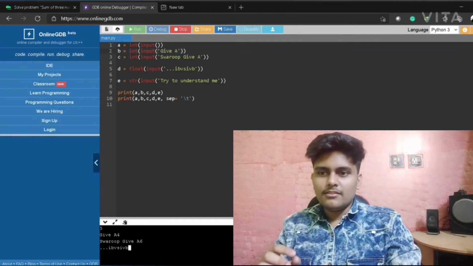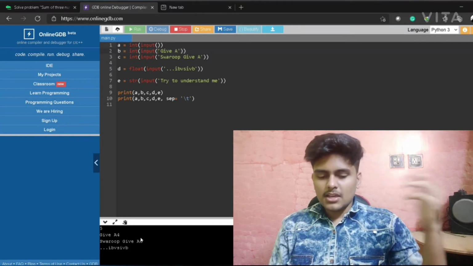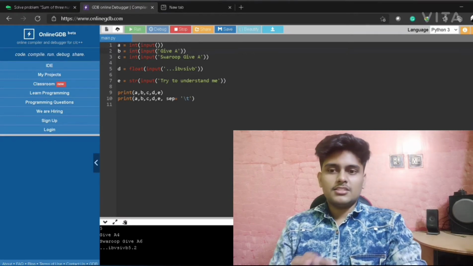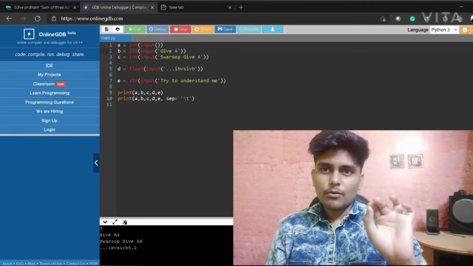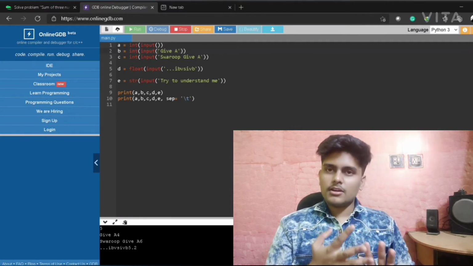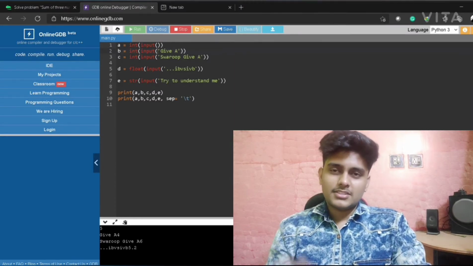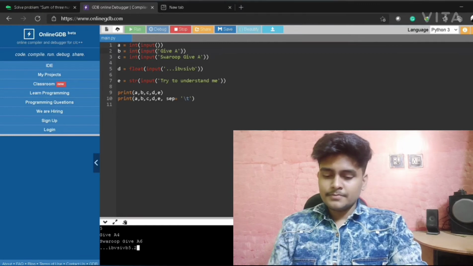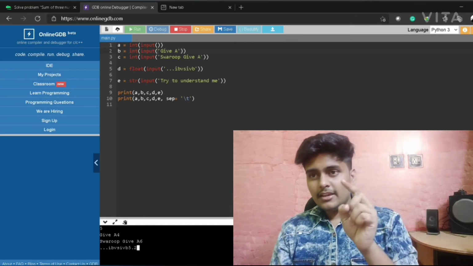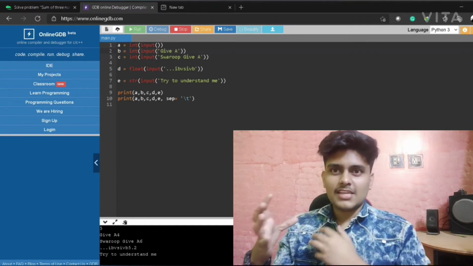So as it's asking for d, we have to give some decimal numbers, like I'm giving here 5.2. We can also give 5.0, that's also a decimal number. So that is called a float value. What are all these? Int, float, these are all variables, sorry, data types. Data types are fixed, and you can learn those in the future. So I'm entering, assigning 5.2 to d, and I have given a message like something. Next it's asking "try to understand me".